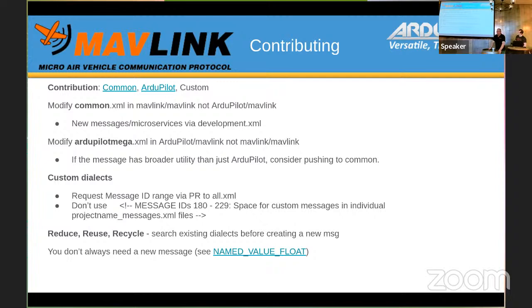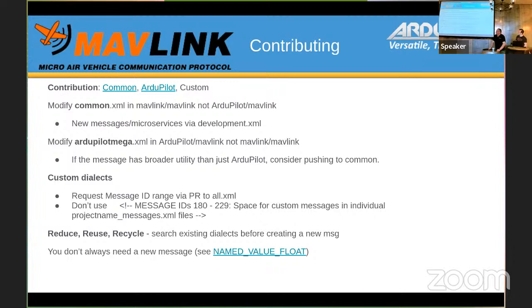Conversely, ArduPilot Mega, that's our dialect. They're our message definitions. We have complete control of those. Whilst we will push those, just for synchronization, up into the MAVLink upstream repo, they're controlled by ArduPilot. We do what we want in there effectively. Doesn't mean there's less control, less discussion, less testing. It just means we don't have to worry about other stakeholders because they're messages that only affect us.